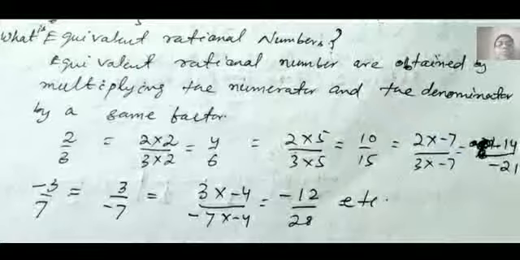Another example, if you take minus 3 by 7, then 3 by minus 7 is obtained when multiplied by minus 1 to both numerator and denominator. Similarly, if you multiply by minus 4, you will find minus 12 by 28, etc. Therefore, minus 12 by 28 and 3 by minus 7 are two equivalent rational numbers of minus 3 by 7. Okay. Next,